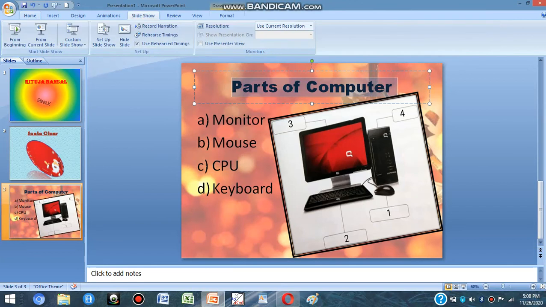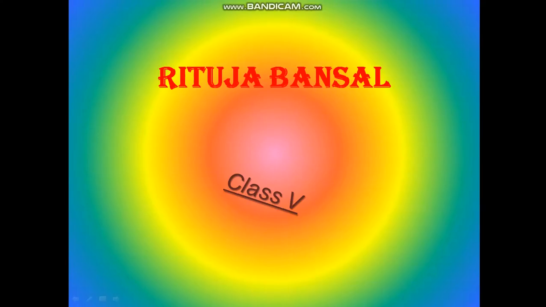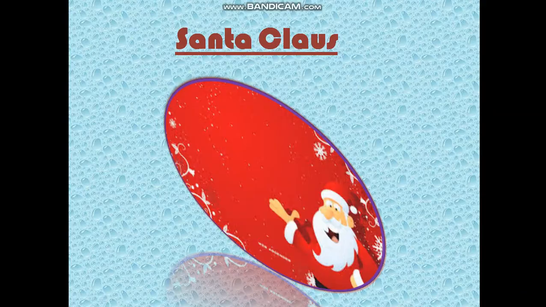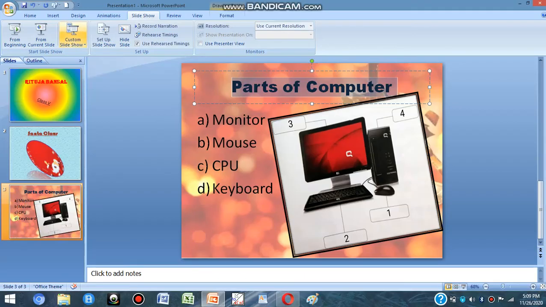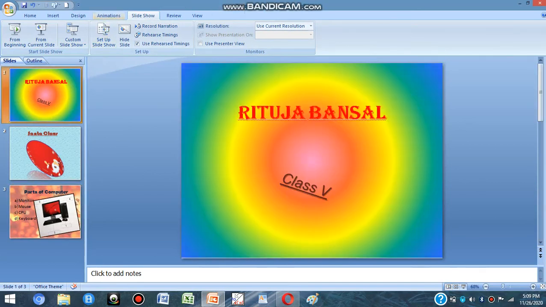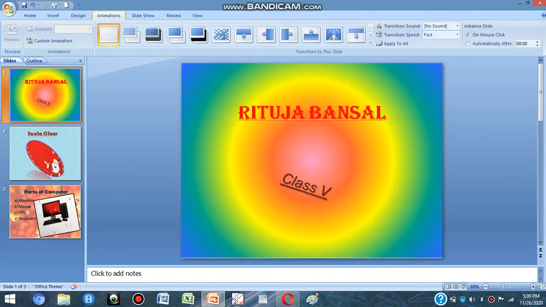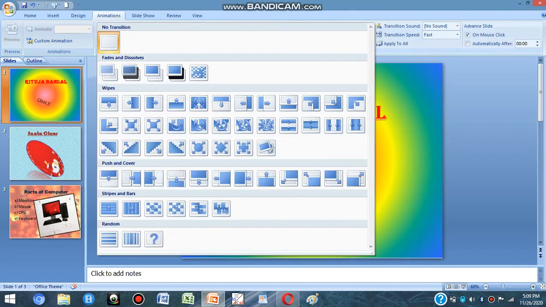Now in the slideshow tab we can start it from the beginning like this, and also we can press the F5 key from the keyboard to start the slideshow. Now the next thing is transition. To add a transition to the slide, we will take the animation tab, and these are the transitions.